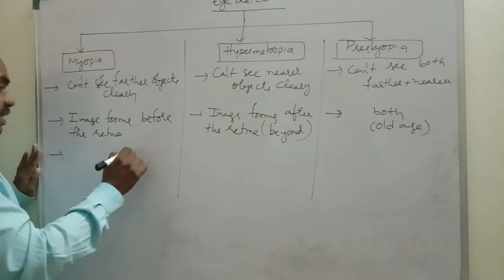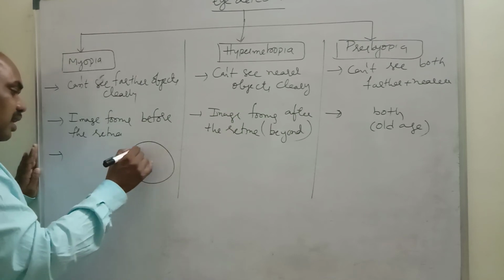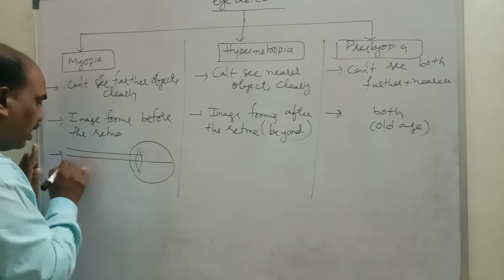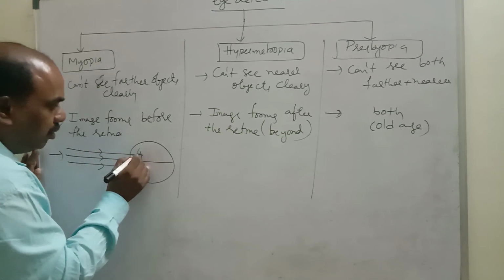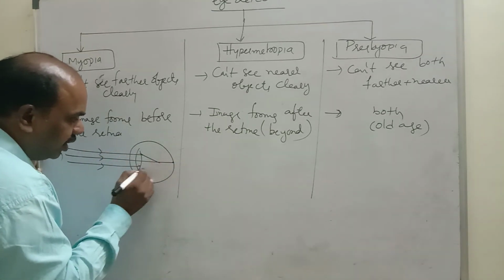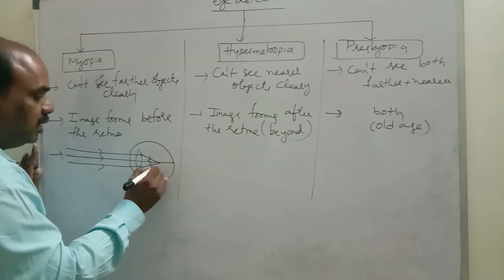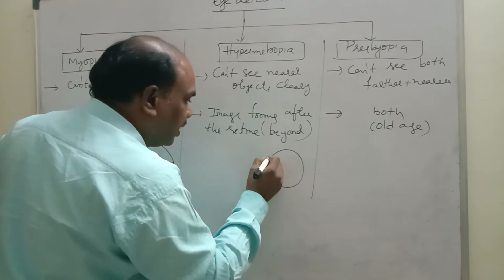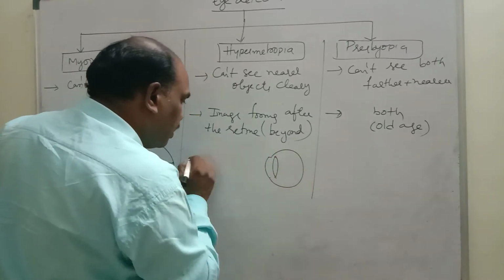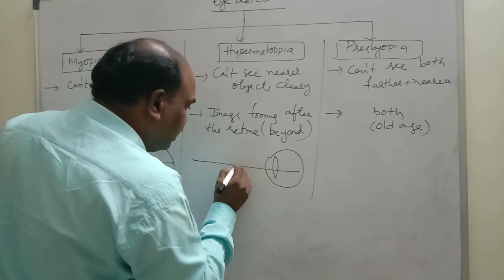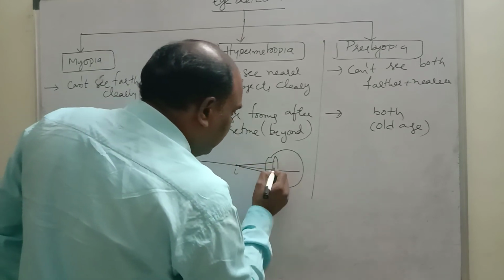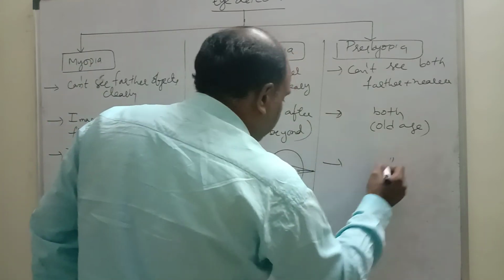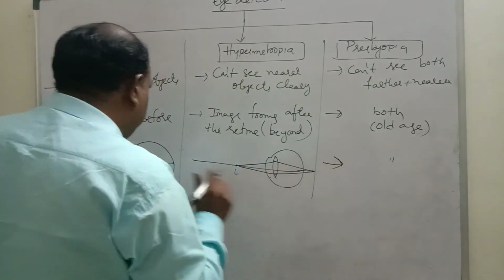This diagram once we will see. This is the eye lens. If you see a farther object, all incident rays coming from the object should actually fall on the retina, but the image forms before the retina if the object is very far. Here, this is the eye lens. If the object is at L, the image forms behind the retina. Here, both will be applicable.